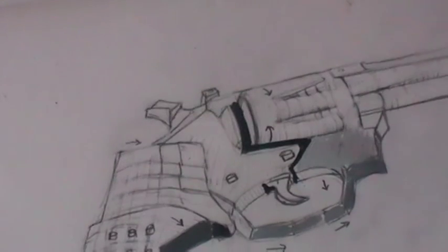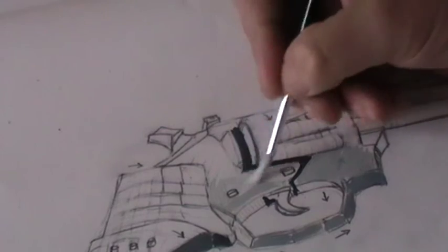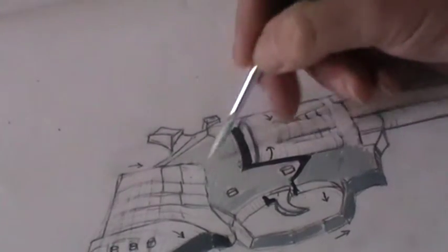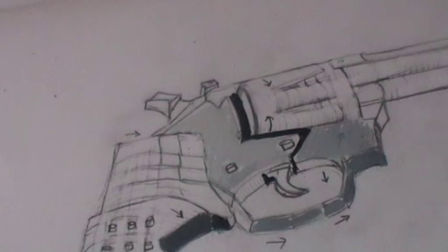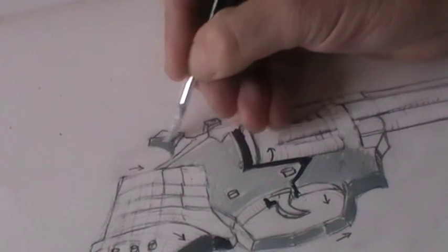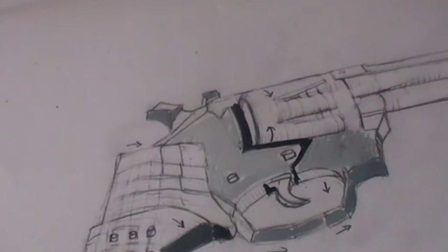Now if there's a slight error in the tonal arrangement, it's not a big issue, you can go over the paints again. I mean, we are working on the basis that you can work wet on wet, which we didn't do with the watercolour exercise, but acrylic paint and oil paint lend themselves to building up, so following the form there across. And at the top of the gun we've got a slightly medium dark tone there, which I'm going to apply here on that block. You can see that all these various tones begin to come together now, and on the barrel of the gun,